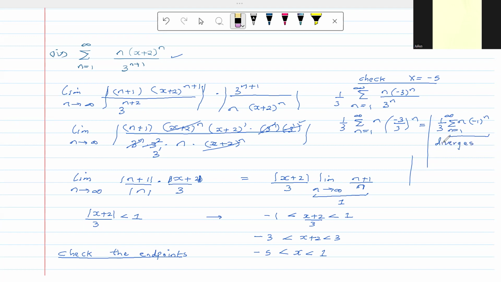To check using the alternating series test, you check whether bn plus 1 is less than bn, and then you check whether the limit as n tends to infinity of the nth term is equal to 0. And you can check the limit is not equal to 0 for this case. So that means that the point x equals minus 5 should not be included. And let's check